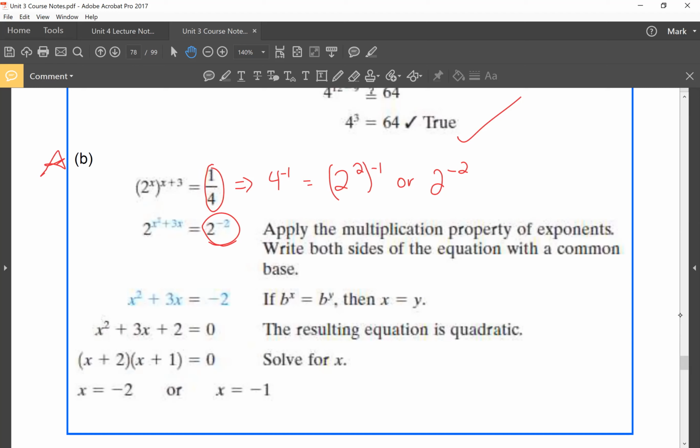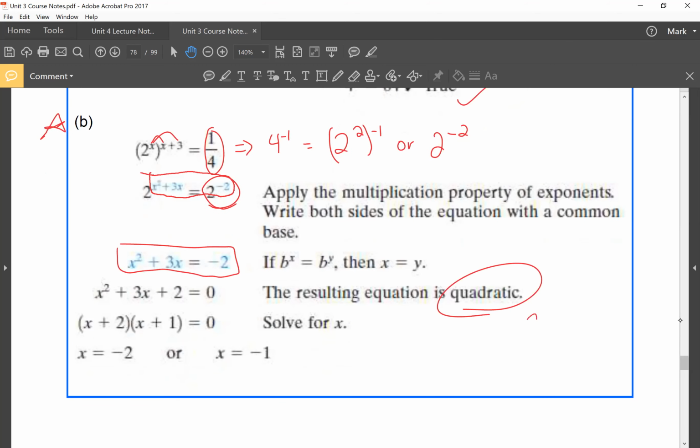So the interesting thing about the base here is I have x times x plus 3. I know that this is very blurry, but what the blue is, is x squared plus 3x minus 2. Now we have a quadratic again. So quadratic, we need to solve it by, again,